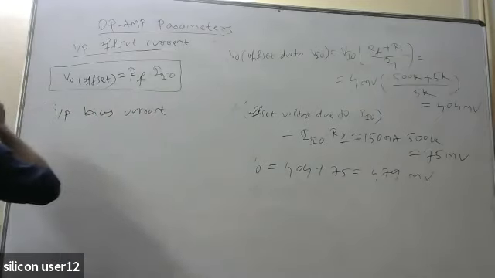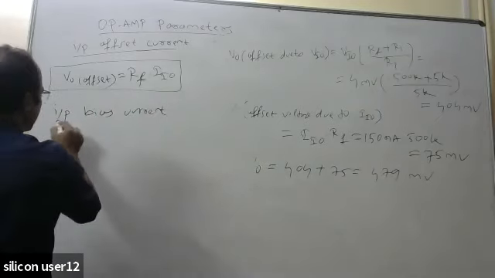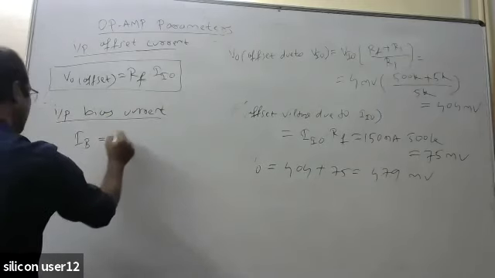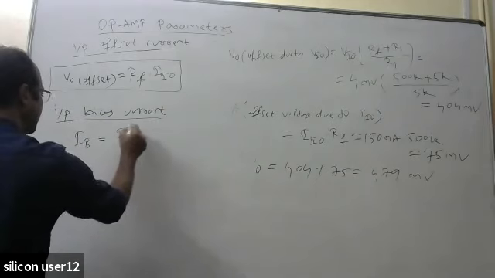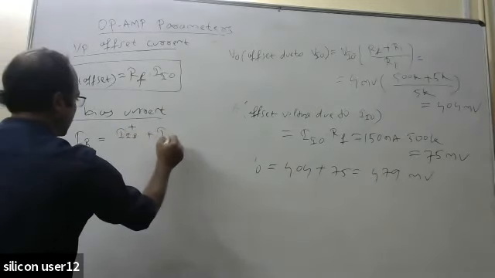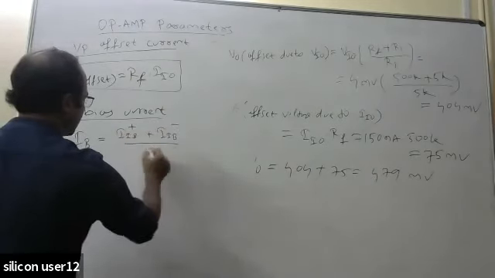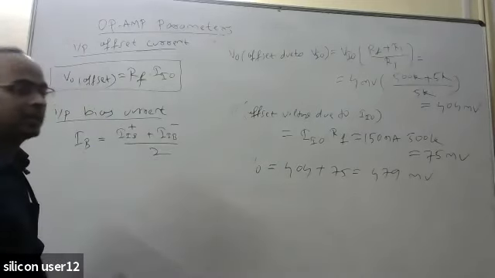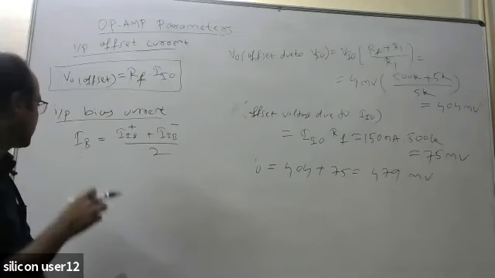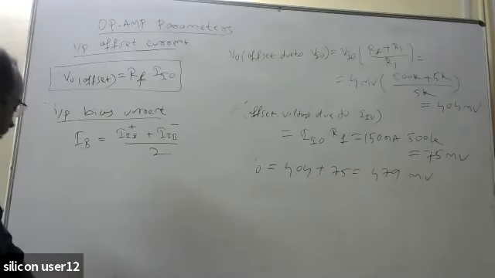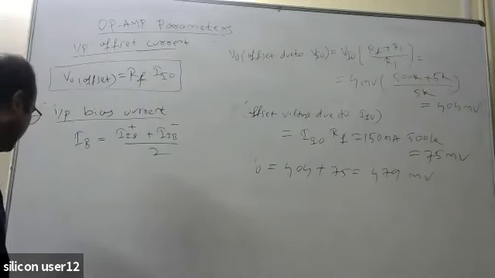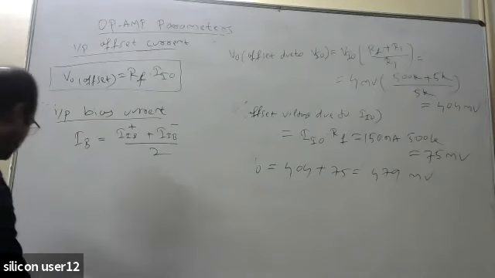Input bias current. Net input bias current IB is equal to (IIB plus + IIB minus) by 2. That means we saw both things, IIB plus and IIB minus, and their average is the net bias current. IB equal to (IIB plus + IIB minus) by 2. So in terms of that, if you want to find out the IIO,